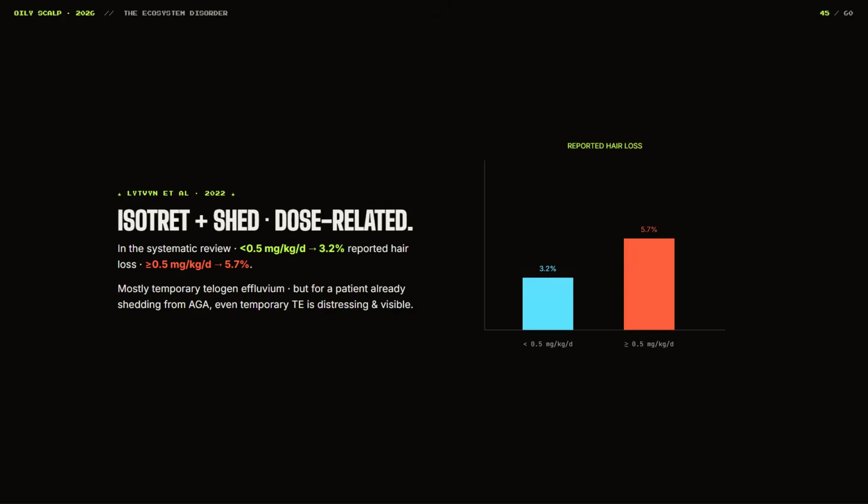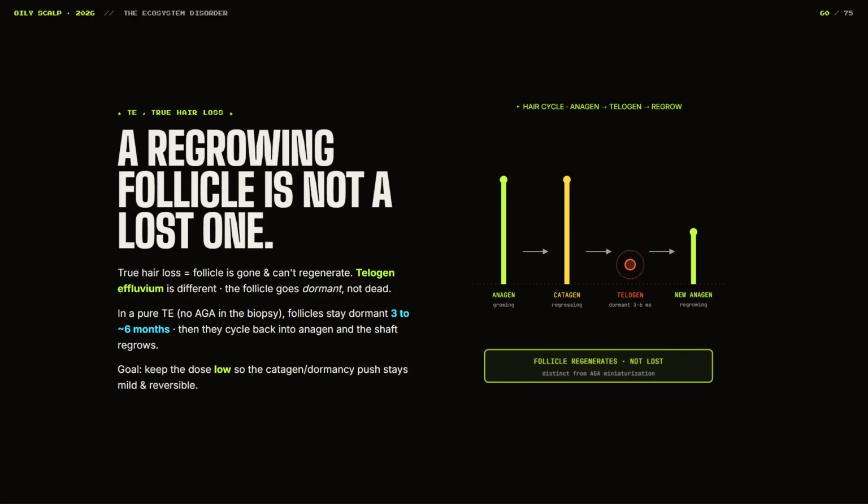So it seems you can expect at conventional or even higher doses a 3 to 6% range where people will be complaining about shedding. Obviously that risk is going to be patient specific, so there are probably specific traits about these patients that exist within that 3 to 6% frequency. Again, this is for the typical and higher doses that we have to worry about, and it's not for the microdoses of isotretinoin. And because we're talking about the scalp, I don't think people want to lose their hair while trying to mitigate oily scalps, right?